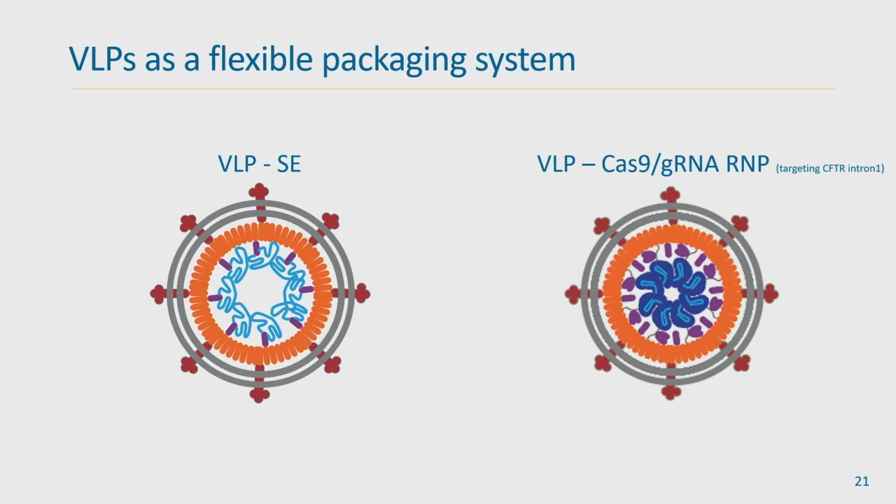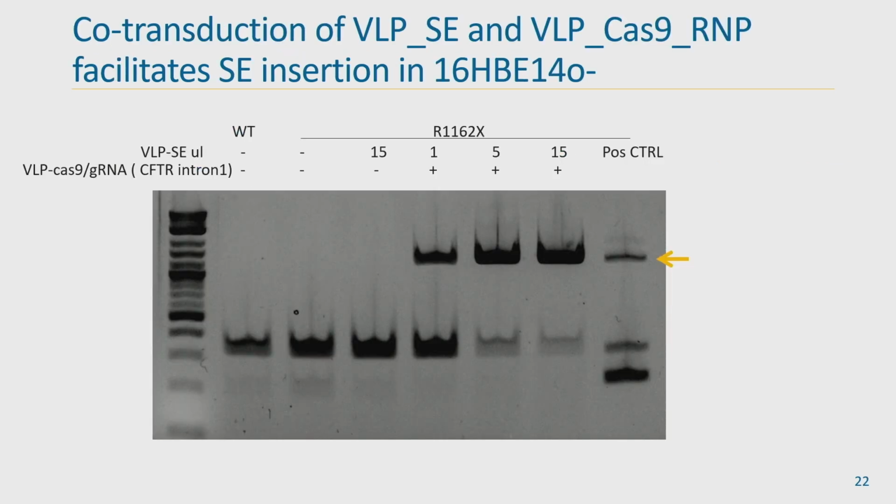So we wanted to see if we can generate VLPs that packaged our super exon HDR donor templates. So we generated VLPs that did that. It was able to package our HDR donor template as an RNA by introducing a packaging signal in our construct. So when we co-transduced these two VLPs in 16 HBEs, we were pleased to see that we can get targeted